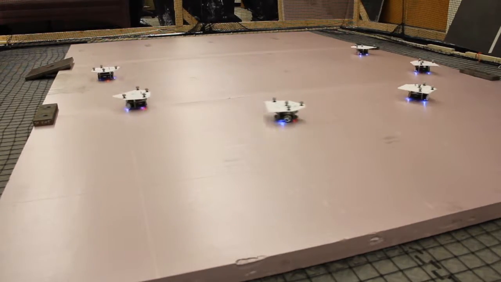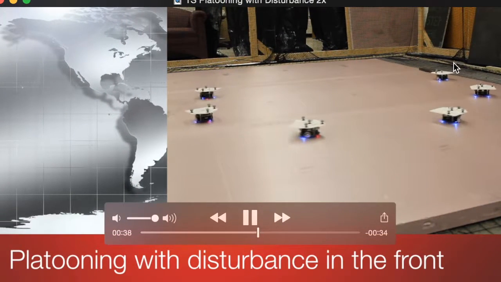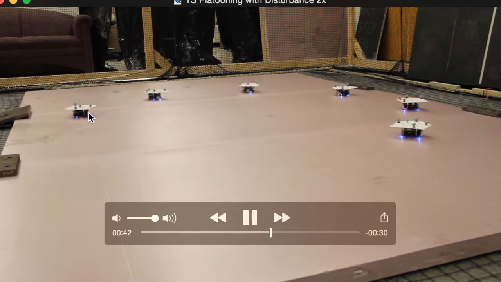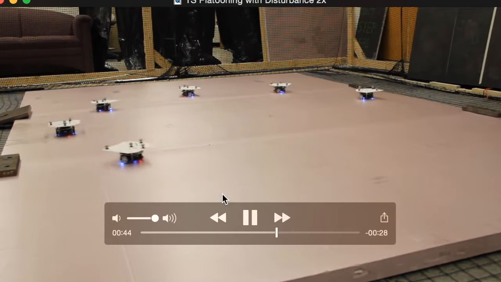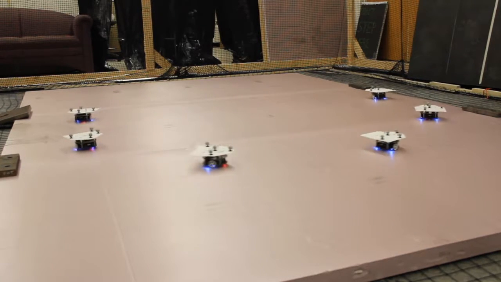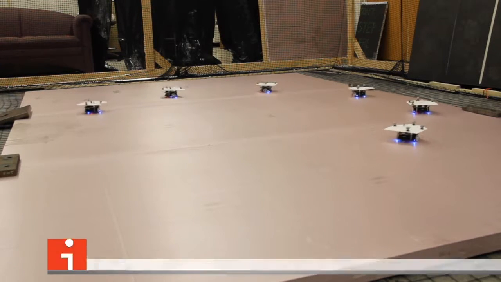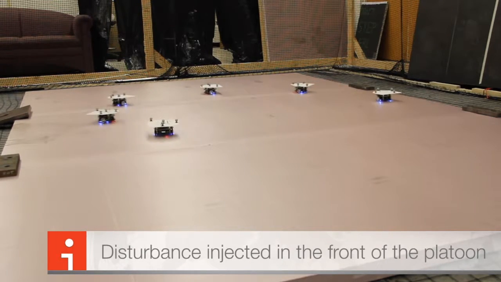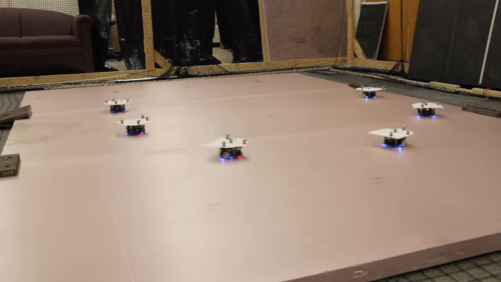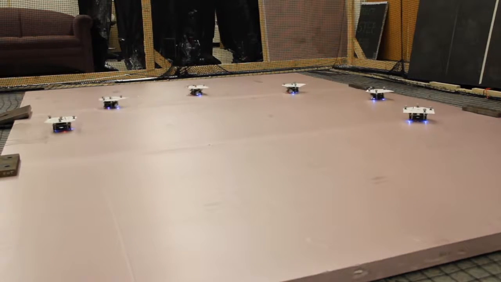In the next validation, what we will do is give disturbance to the first vehicle that is following the virtual target. This is the first vehicle, and disturbance will be given to this, which is following the virtual target, and we'll see what the disturbance is in terms of lateral acceleration. A large lateral acceleration disturbance is given, and it will be given now. You see a large disturbance, all the vehicles are initially disturbed but then converge back to the path, and that shows